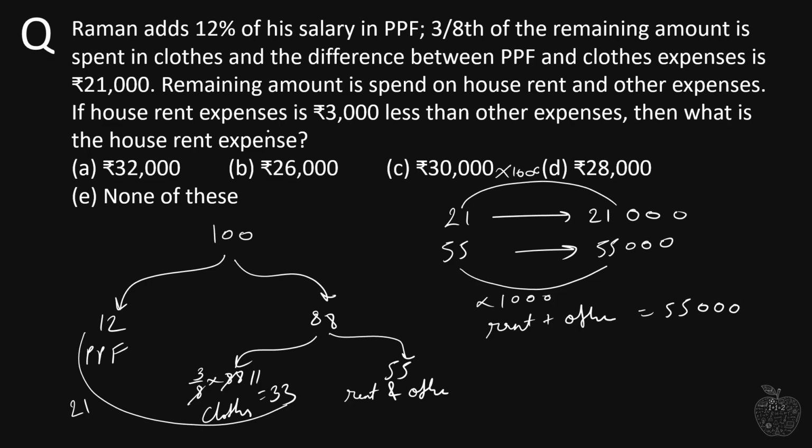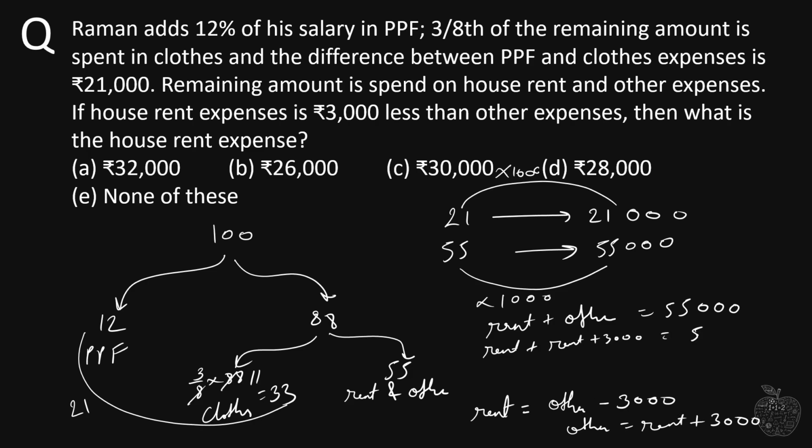All right. Now the question is telling me that house rent expense is 3,000 less than other expenses. So house rent expense is 3,000 less than other expense. Or I can say that other expense is equal to, this 3,000 goes on the right hand side, so other expense is rent plus 3,000. So now what I'll do is substitute this other over here. So we get rent plus this rent plus 3,000